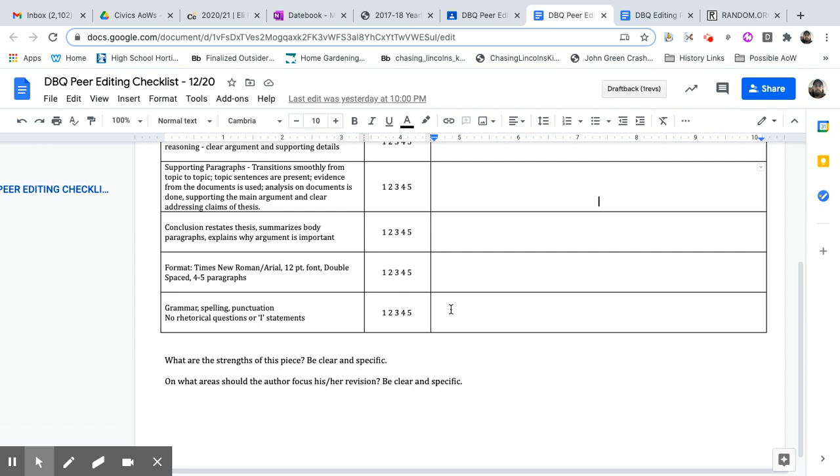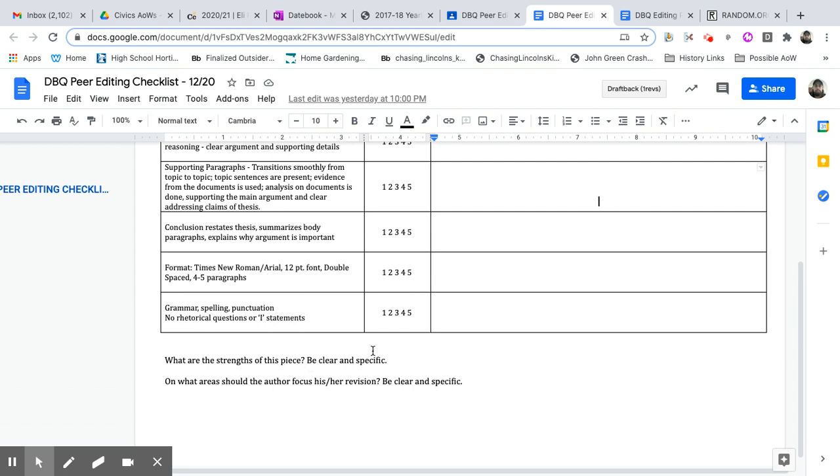And then lastly, grammar and spelling and punctuation. I'm going to be kind of strict about this since we're peer editing, but just a few mistakes will mean you lose a point. No mistakes is perfect, and you can see the rubric if you look on the rough draft space. So look out for that stuff. Also, we don't want rhetorical questions. Really, we shouldn't see questions at all in these papers. So if you see that, they should have those taken out. They should rethink how they want to write that. If you see them refer to themselves as I, me, we, my, anything like that, you want to remove yourselves from these papers.